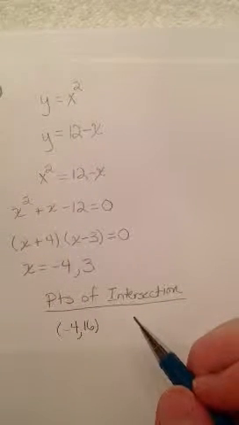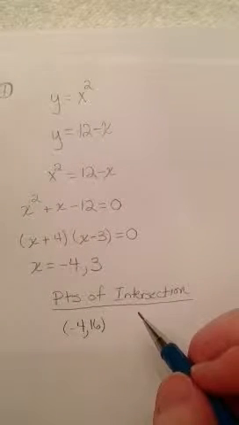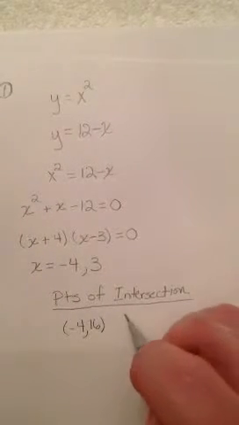And also whenever x is equal to 3, we have 3 squared is 9, 12 minus 3 is 9, and so we have